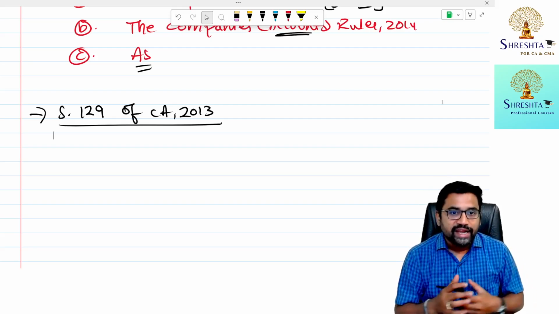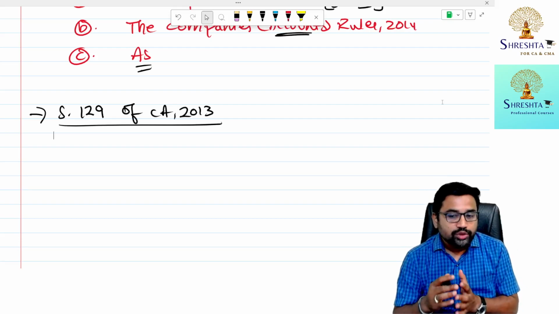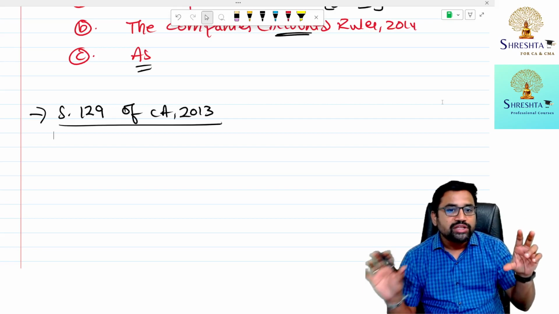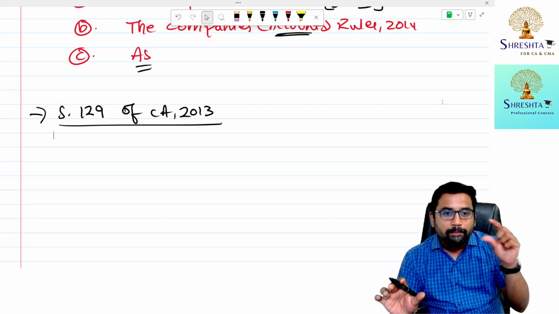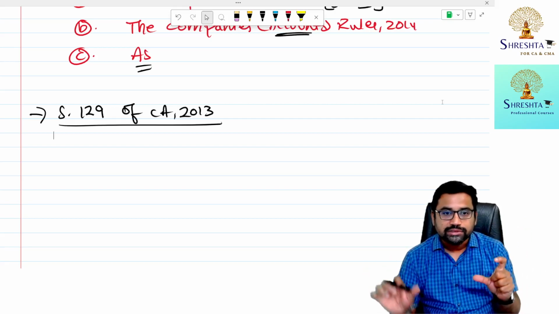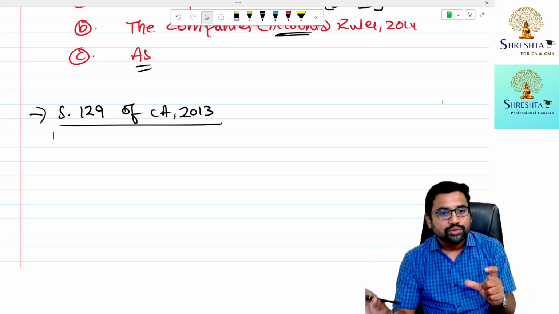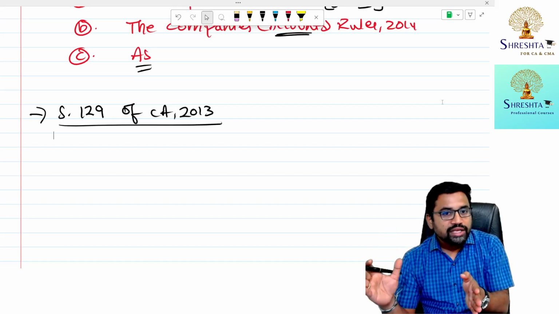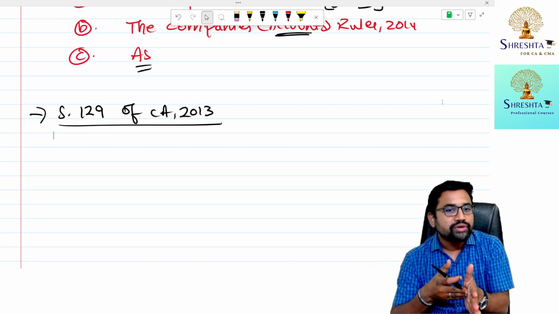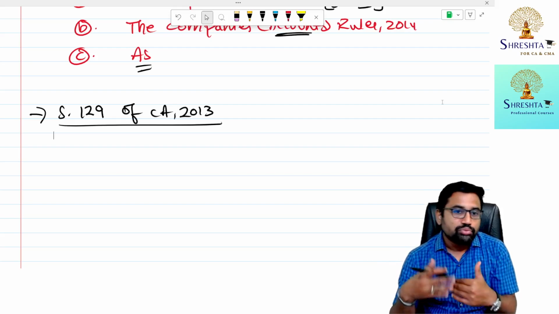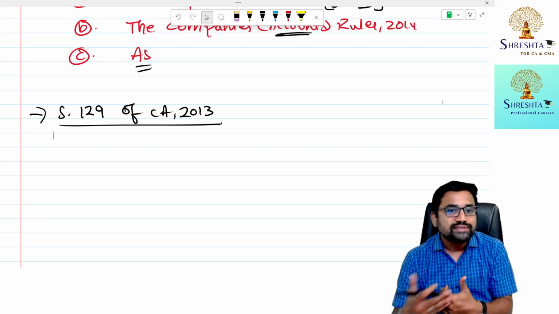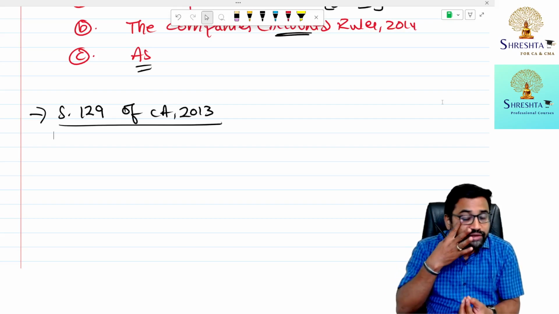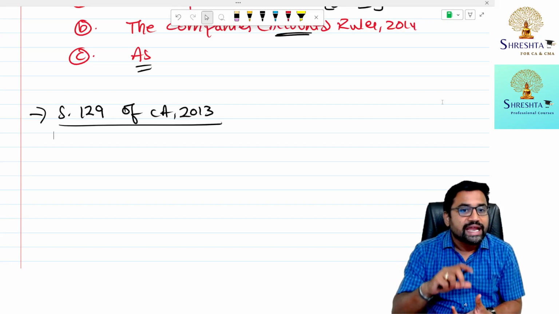So this is the basic idea of how a company functions. In a company, management and ownership are two separate elements. Management is in the hands of directors, ownership is in the hands of shareholders. Once a board of directors is appointed, the remaining shareholders will not interfere in the day-to-day activities. The board's responsibility is to manage the company on a daily basis and make sure that the company prepares the financial statements at the end of the financial year.